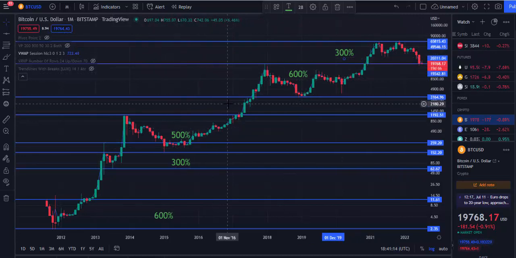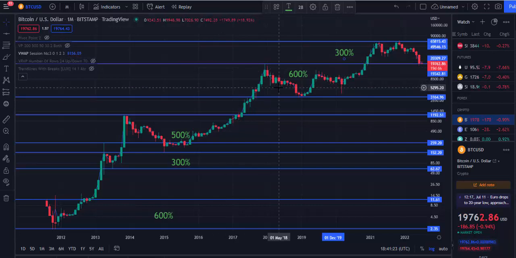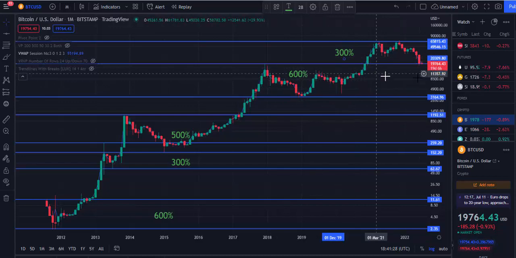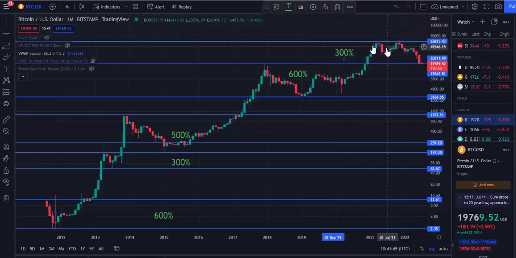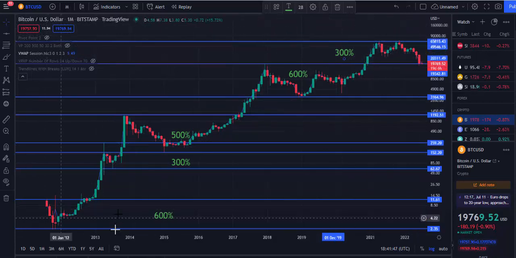We are taking a look at it. If you have your opinion, you can also share with us. But if you are the type that has been contemplating whether to buy or not, I'll tell you that this is the best time for you to get started, because right now you are going to be making a cute profit, which is just like a free 300% compared to those that bought at the top of 64,000. And if you are among those that bought at 64,000, you don't need to panic.